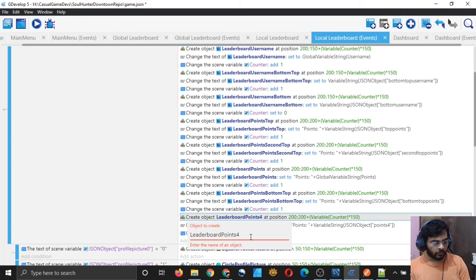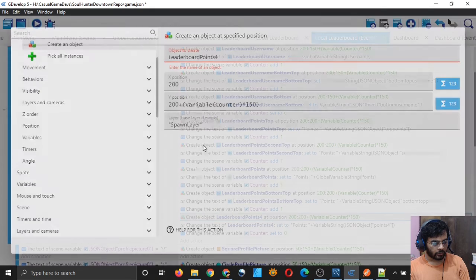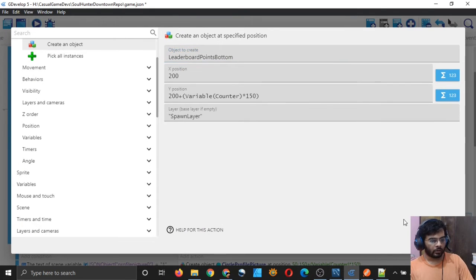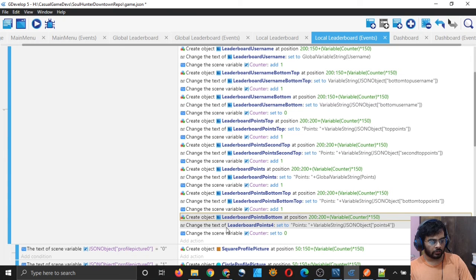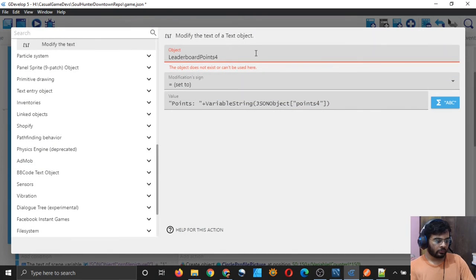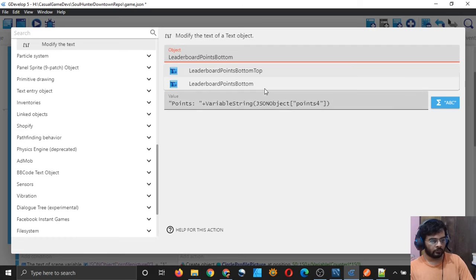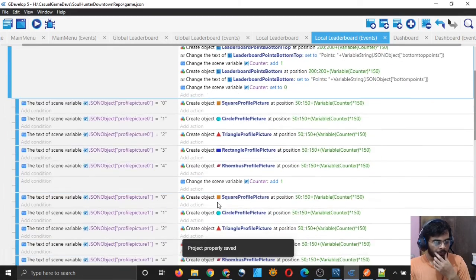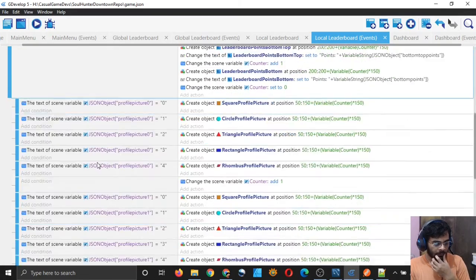In the leaderboard points 4, we need to choose the bottom leaderboard points bottom, right, and click on OK. And here also, instead of 4, choose bottom, and instead of points 4, choose bottom points, right. So that was kind of cumbersome.